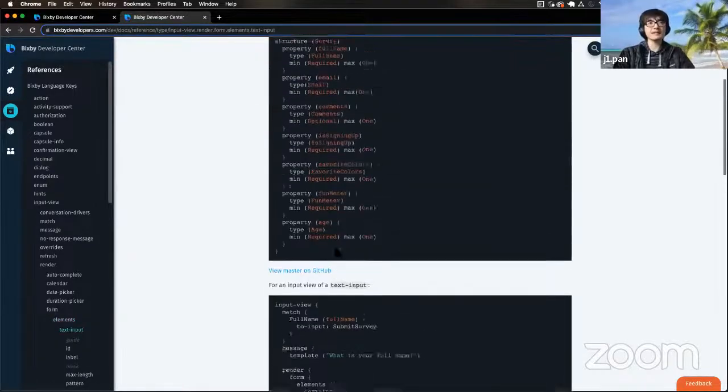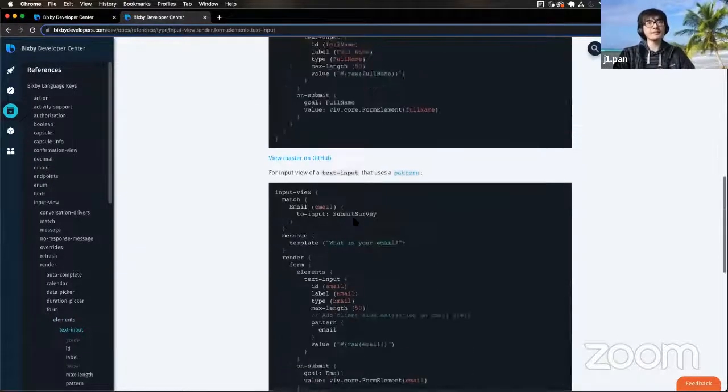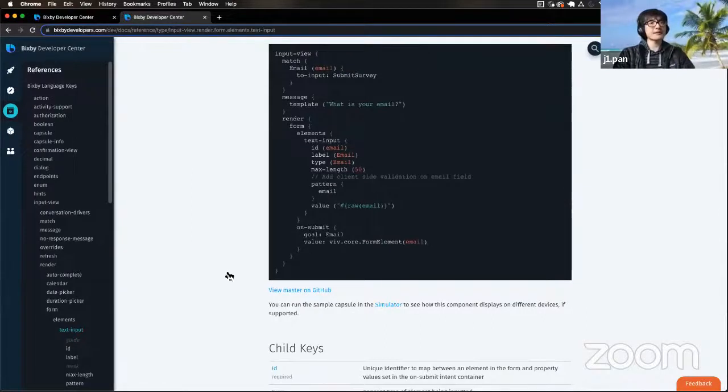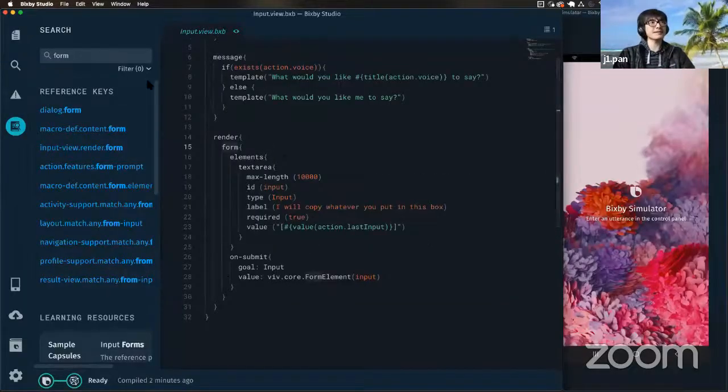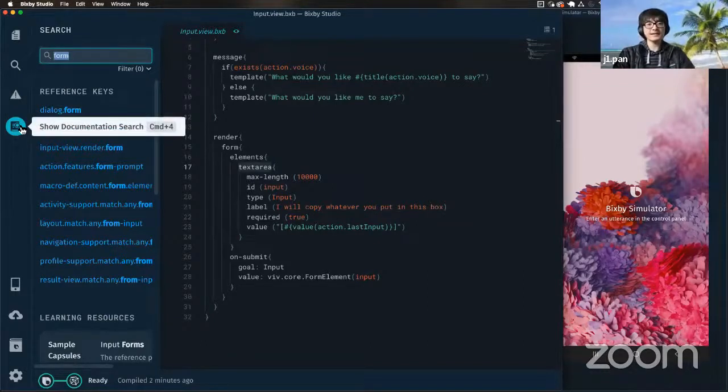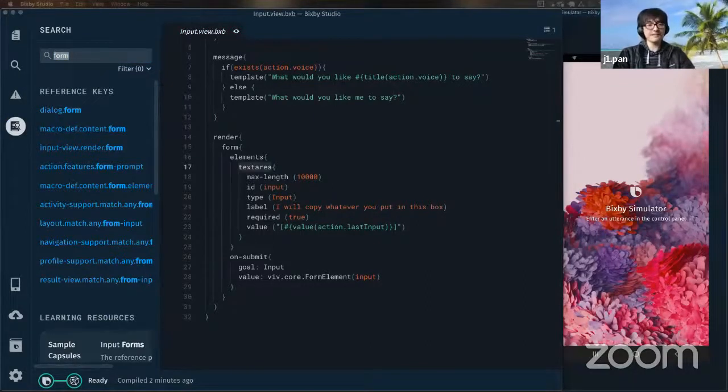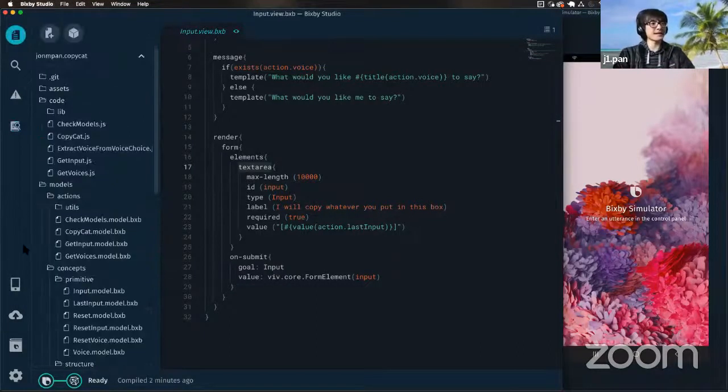In my capsule's case, it's using a text input, I believe. Oh, no, it's using a text area, but you guys kind of get the point, is that the documentation search right here in the side panel is very convenient and very easy to use. Okay, so the next thing that I wanted to show you guys is the